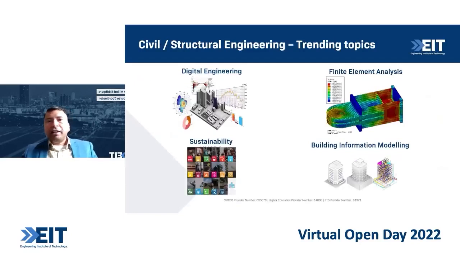All right, some of the trending topics in civil and structural engineering, which you can see here. So digital engineering, which is obviously, most of the engineering branches and disciplines are shifting their manual drawing and some of these analysis work into digital space. And some big cities like Singapore have a digital twin of the entire city. That's possible due to digital engineering. So you think about a location, and you could actually create a total digital twin of the entire infrastructure of the city in digital space. So digital engineering is a big one.